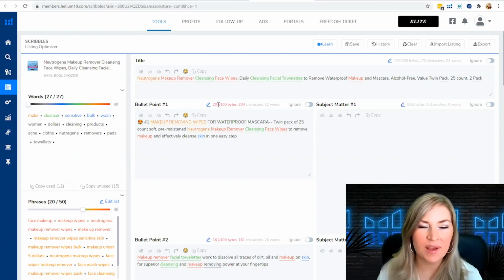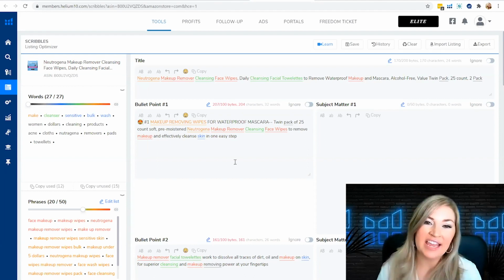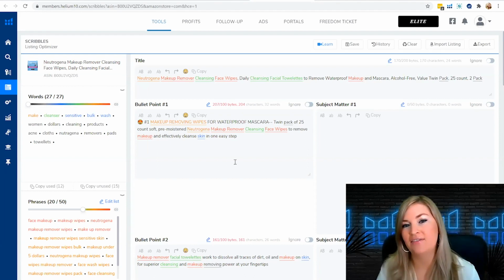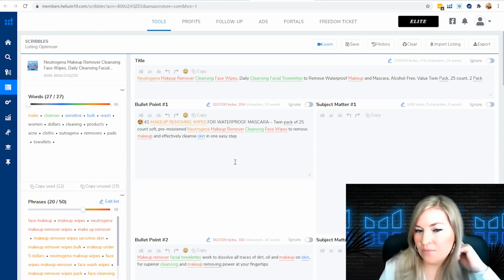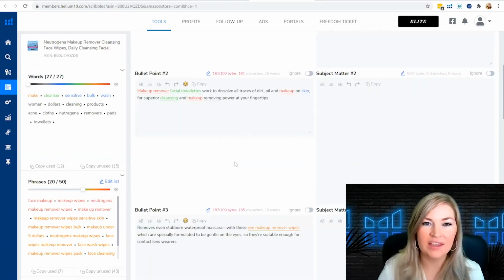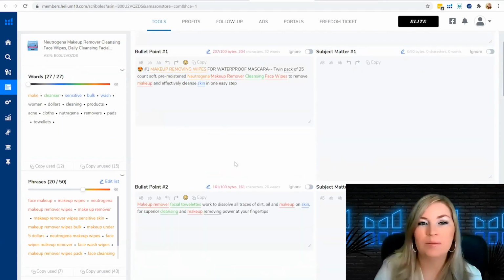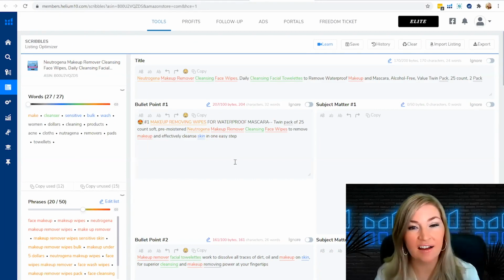To be honest, this is something I mostly ignore. The thing that's important to me is the characters. The most you can have depends on the category. Some categories only allow you to have 80 characters per bullet point, and some allow up to 500. What I've seen is that 500 is the common max for every bullet point. But what Helium 10 has done is they've set it at 100 bytes just to give you an idea. This isn't set in stone, but the belief is that your first 100 bytes are the ones that are most powerfully indexed on Amazon.